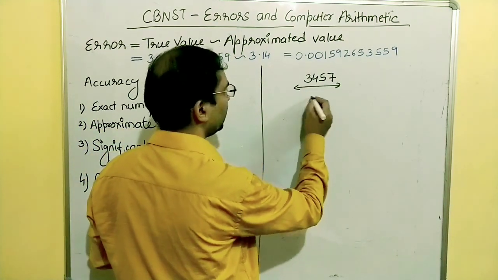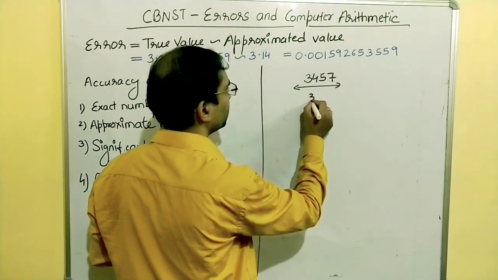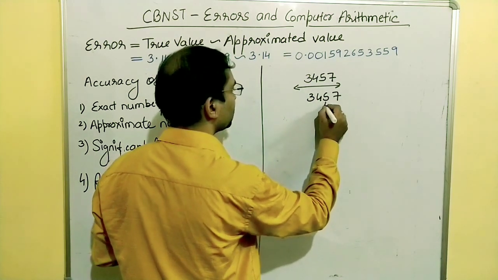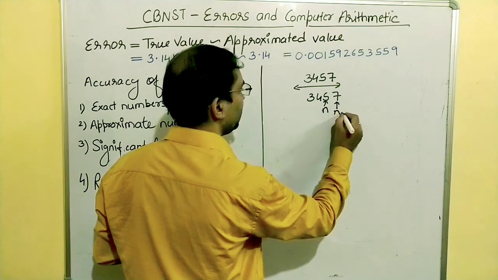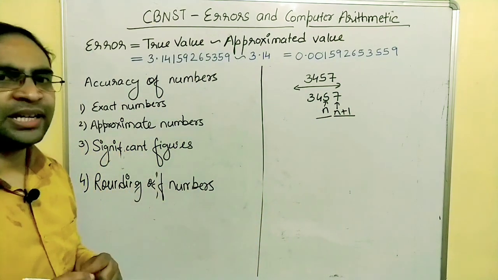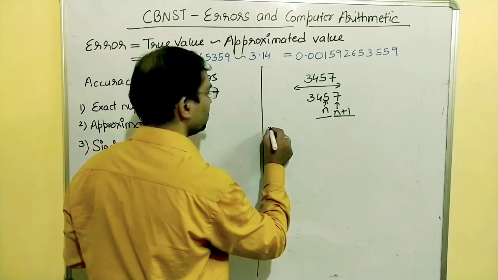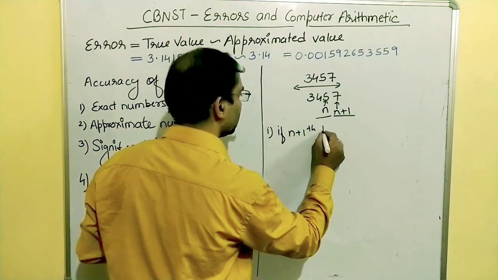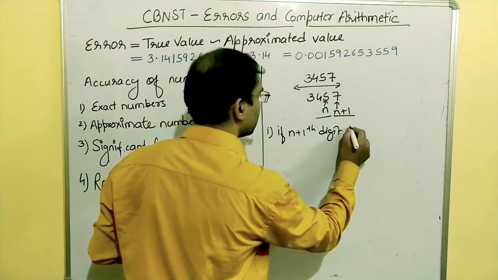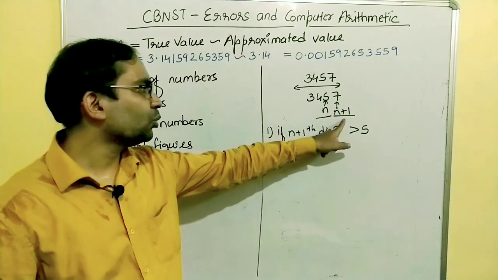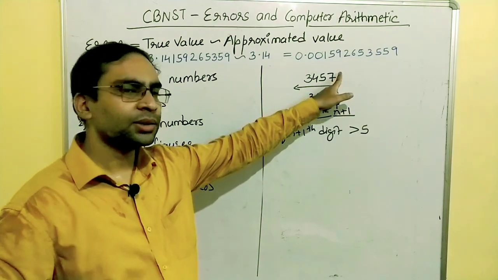So let's say the nth digit, in this case 3, 4, 5, 7, we'll say the nth digit is this and this will be the n plus 1th digit. Now let us discuss case number 1. Case number 1: if the n plus 1th digit is greater than 5. As in our case, we can see this is the n plus 1th digit, this is 7, this is greater than